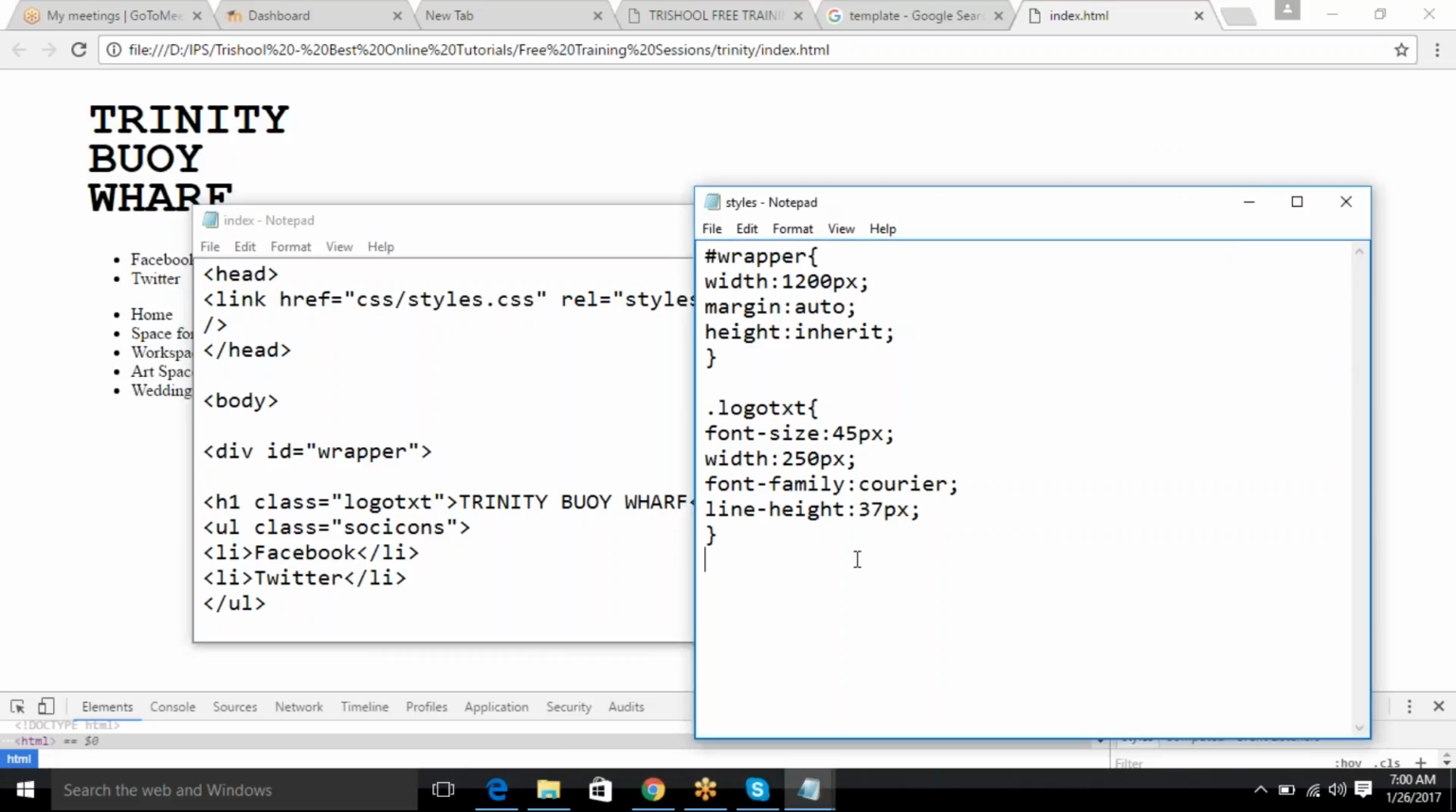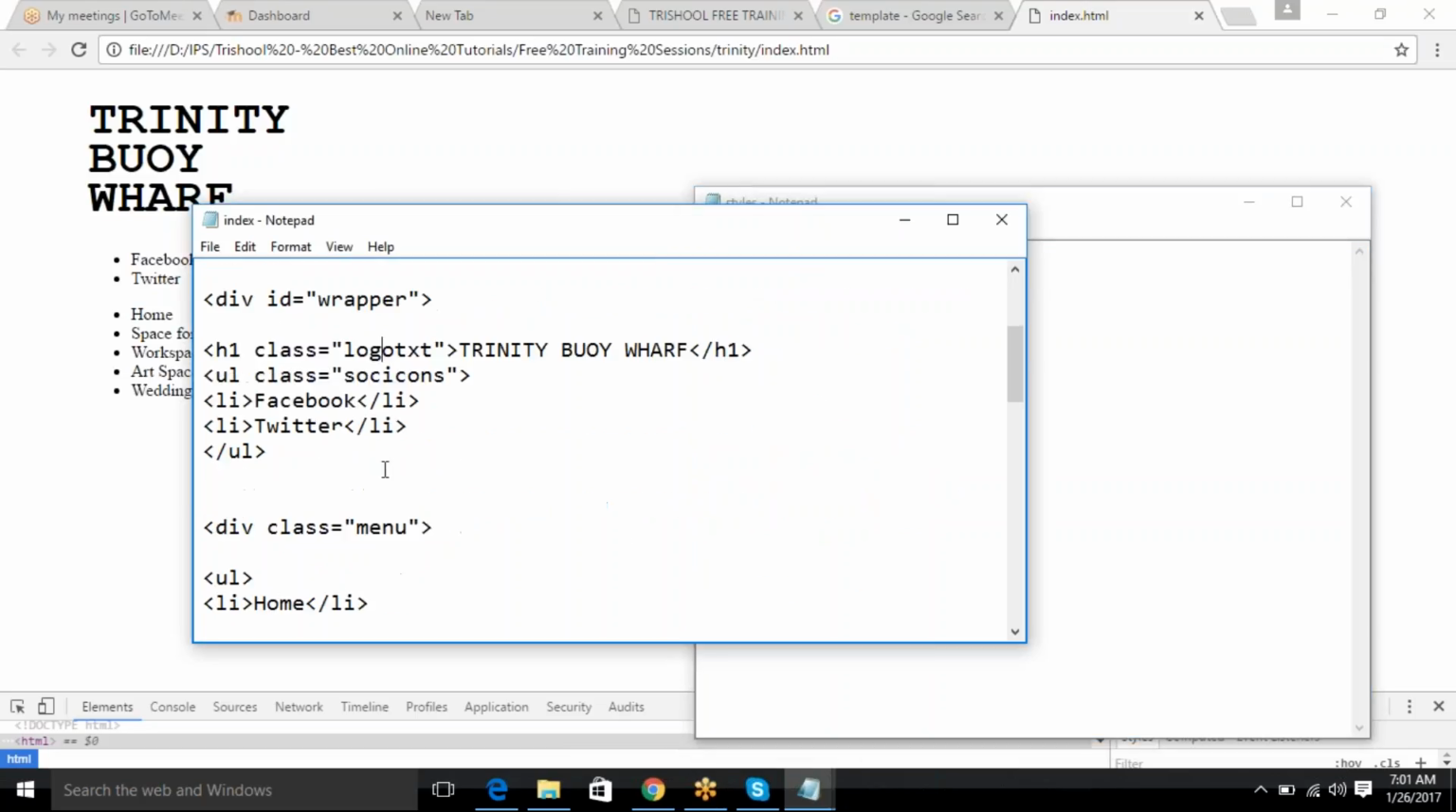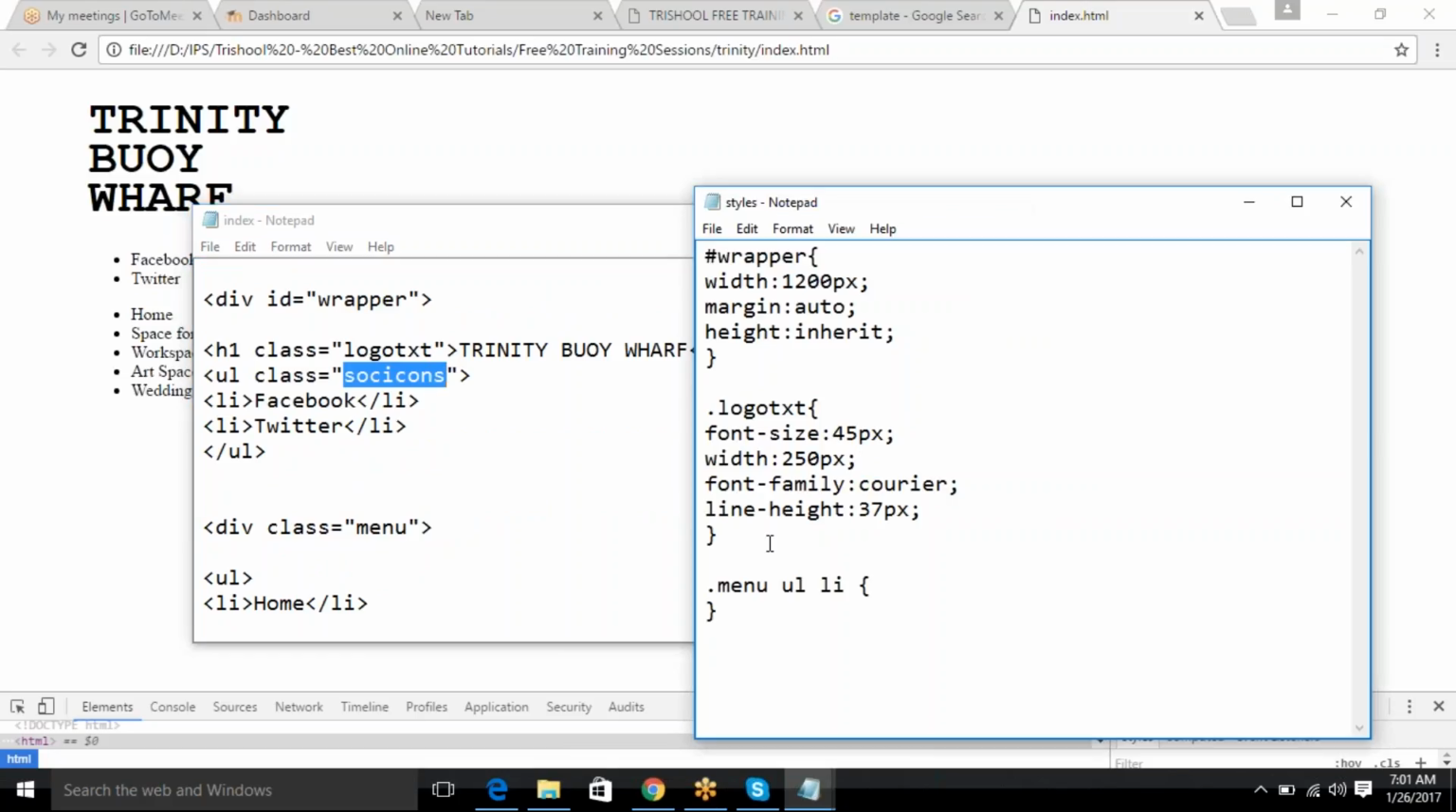So now I'm going to say dot menu space ul space li open close. Why dot menu? Because I've given... Sorry, it should be dot socio icons, right? First, we'll write for socio icons, not for this thing. Dot socio icons,